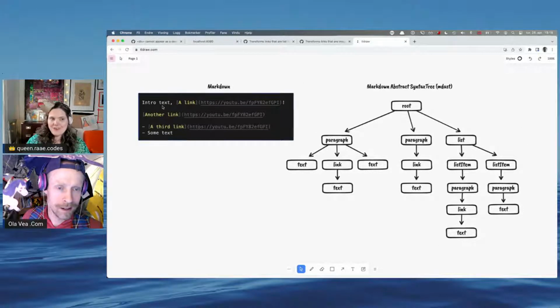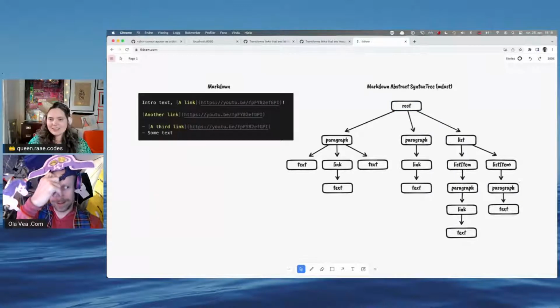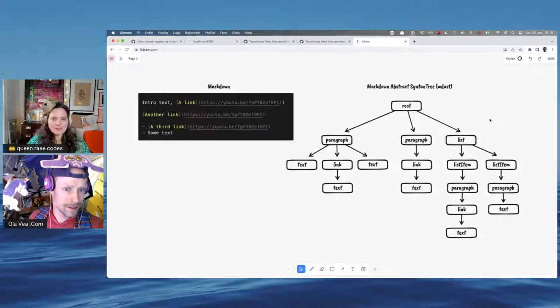And as you can see, this very little Markdown here becomes quite a large tree. So we'll see if you want to go through this with me, Ola. It always starts with a root. Why is it called a root? It's the root of the tree. In tree structures in computer science, the top node is always called the root. And the end ones that don't have any children are often called leaves. And then the other ones are branches.